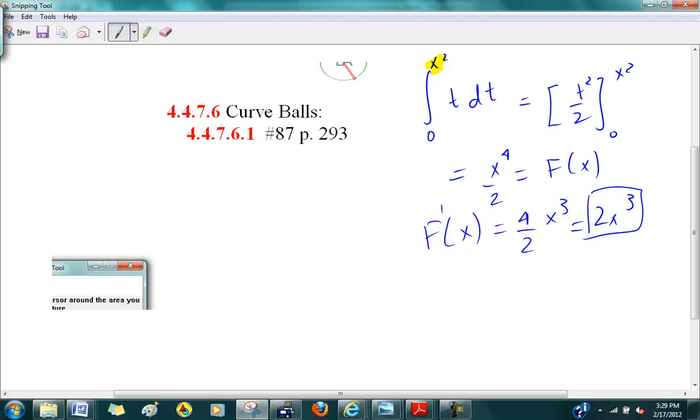Well, look what we could have done. Supposing this had been an x, then I know that my f prime of x would have just been equal to x, right? I take the x and shove it in there. But it has